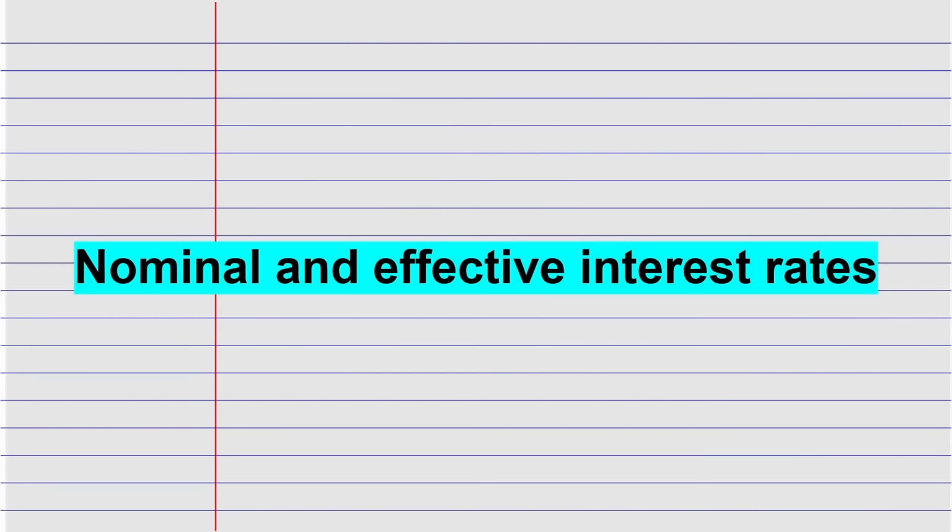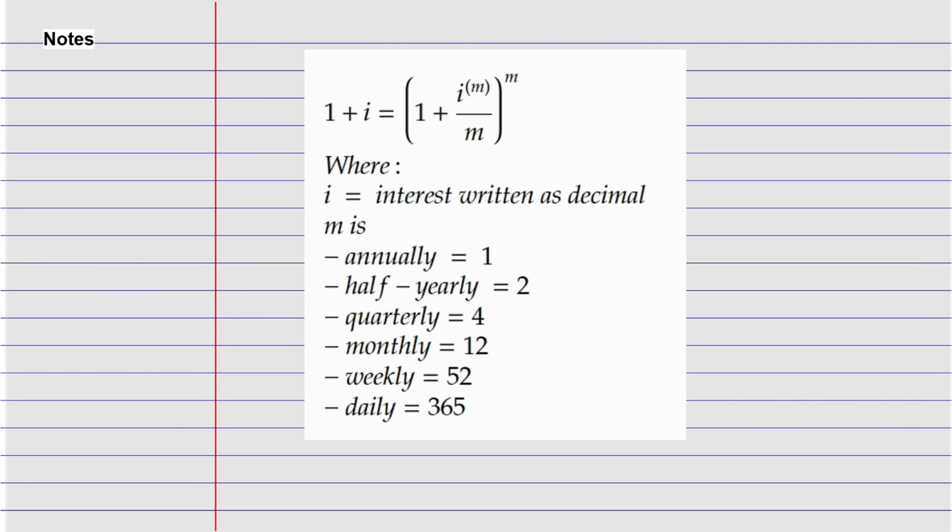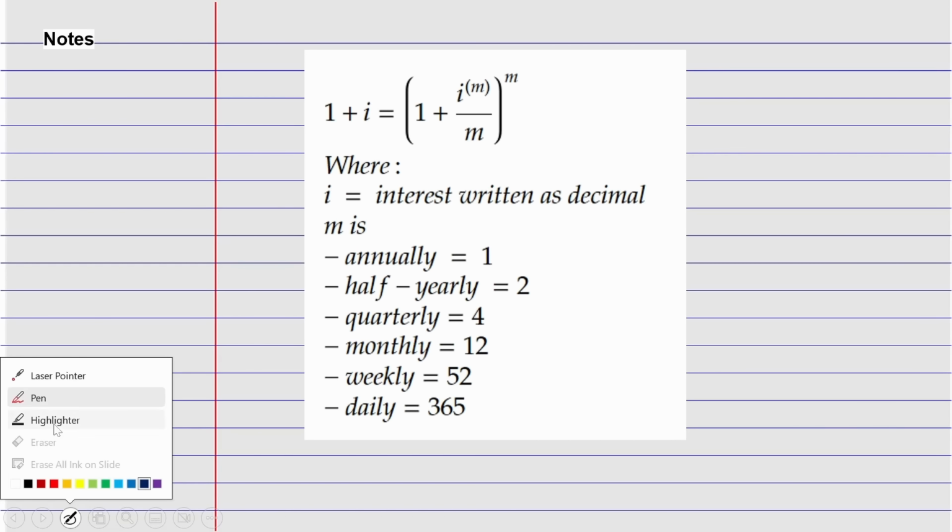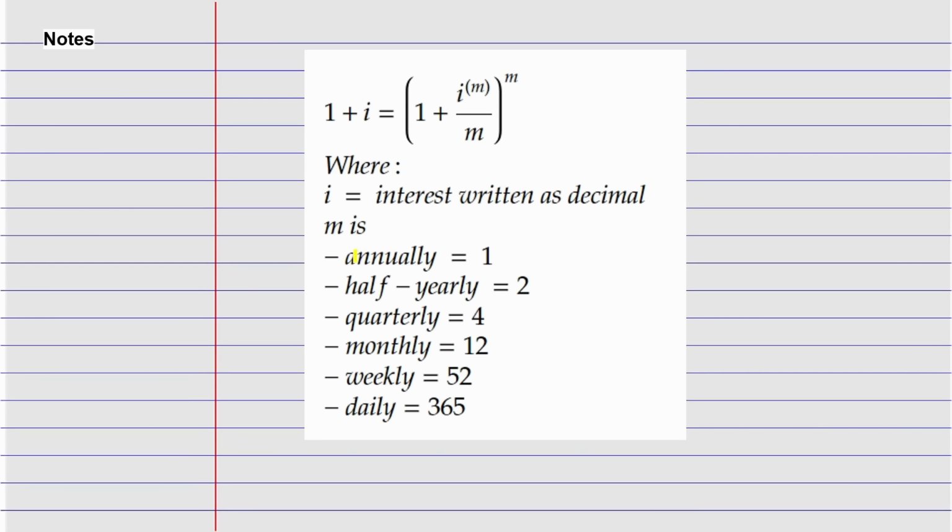So now we're going to talk about the nominal and effective rate, right? Here they're introducing the idea of this. As you will see when we do compound interest, or if you have seen questions about compound interest, they would say compounded annually or yearly, or half yearly, or quarterly, monthly, weekly and daily. That's what we're introducing here, right? It's just changing the formula of the compound interest to being maybe monthly, yearly, quarterly, or daily,